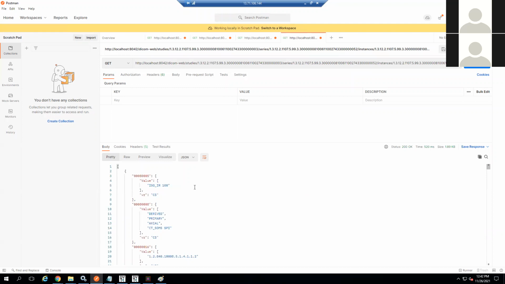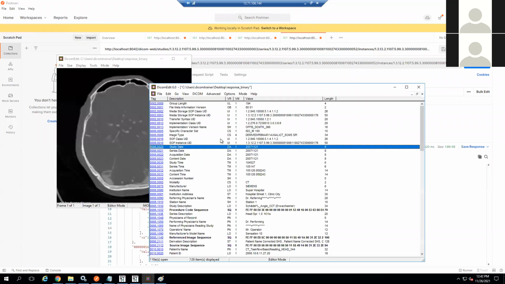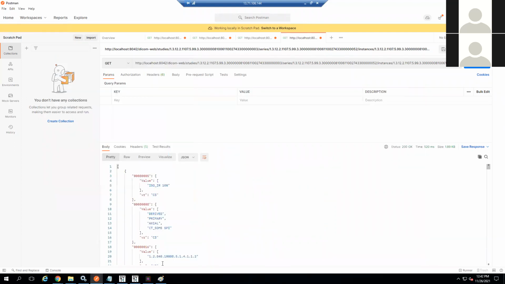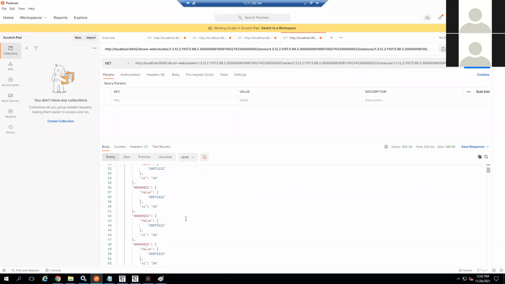So now if you see here, whatever I showed before, for the instance resource, it sent the binary data for us, which we can convert into a DICOM object, and then we can view it in any DICOM viewer or DICOM editor. But here, if you see this metadata, it fetched the complete metadata for us.